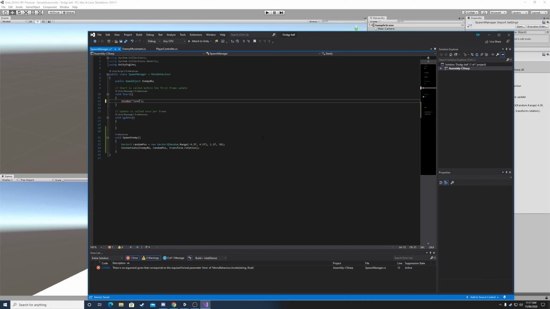So spawn enemy. Also make sure you have the capital letters correct, because C# can be quite angry if you don't use them. And then it needs an amount of time in seconds to wait before it calls this method. So when you write 5, it will wait 5 seconds, and then it will call this method. So let's for example write 5 and put an F, because it's a float value. All right, let's run the game